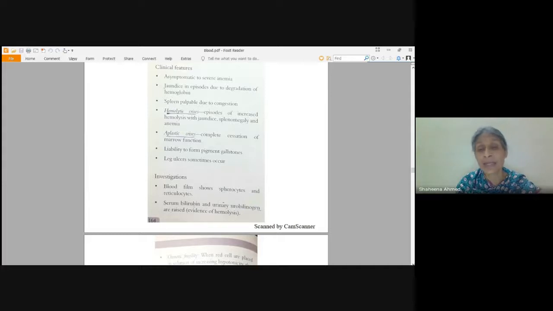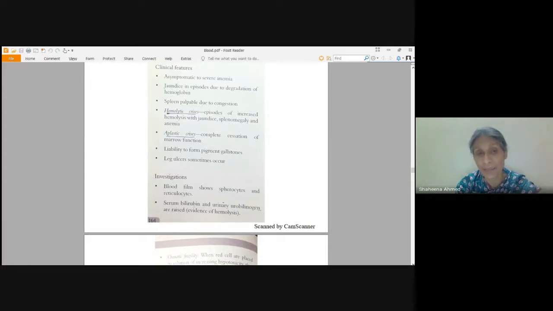The spleen will become enlarged. It can become palpable because it is overworked and it is destroying all these spherocytes. And it becomes congested with these spherocytes, so the spleen is palpable and sometimes even painful. Then you might experience hemolytic crisis. Hemolytic crisis is when there are episodes of increased hemolysis in which jaundice, splenomegaly, and anemia will become